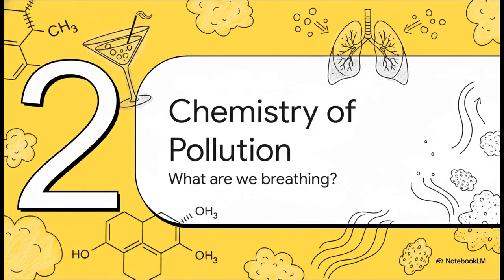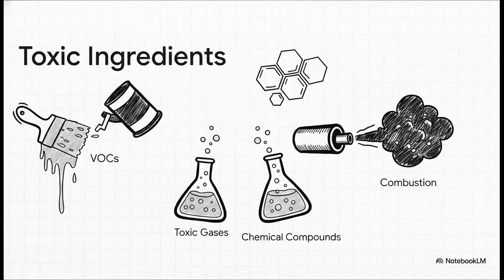Okay, let's switch gears to section 2, the chemistry of pollution. Putting my science teacher hat back on for a second, let's walk through this toxic ingredients list. Because our air isn't just oxygen and nitrogen anymore. We're inhaling noxious gases, like ground-level ozone, which you probably just know as smog, along with carbon dioxide, carbon monoxide, nitrogen oxides, and sulfur oxides.